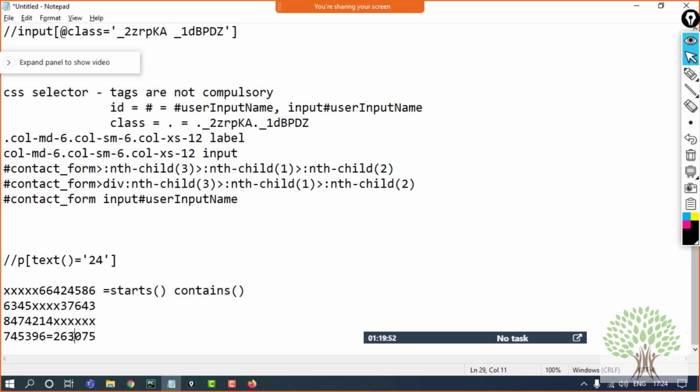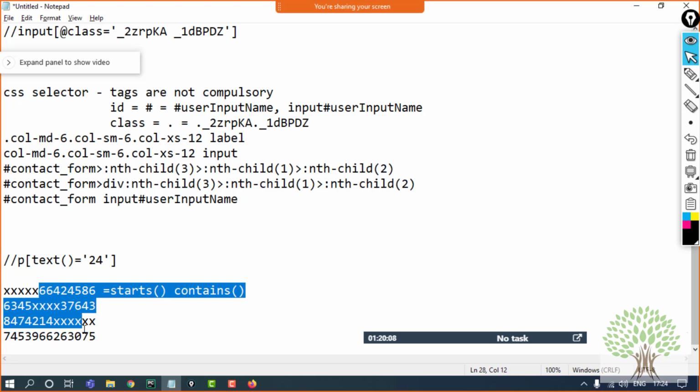And where I have a totally changing ID, for that I have to make a partial XPath by moving above to the upper tag and looking for attributes like ID, name or something. Right now this may not make any kind of meaning to you, but whenever I encounter such an ID or locator, I will definitely show you how these 2 functions work, or I'll try to make such a situation in which these 2 things come into use.